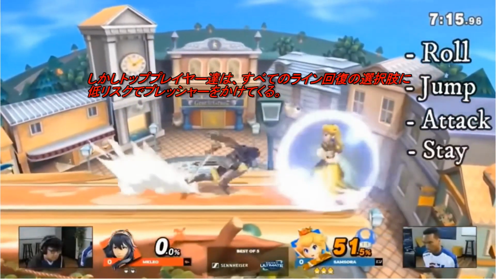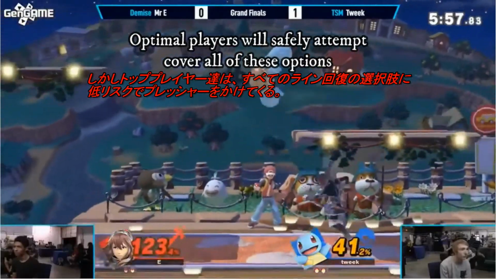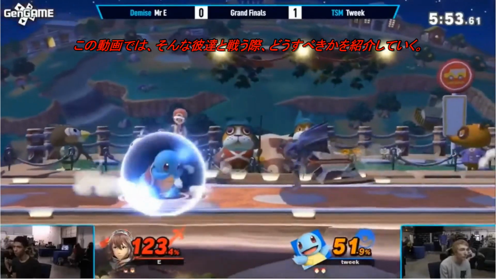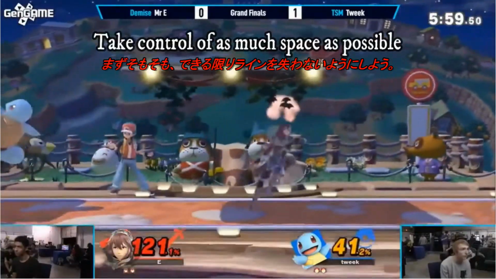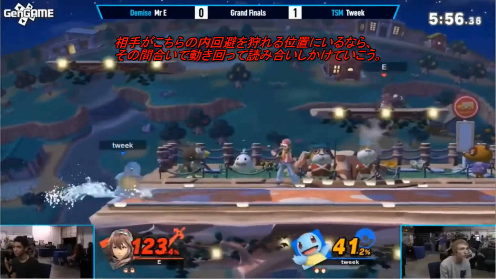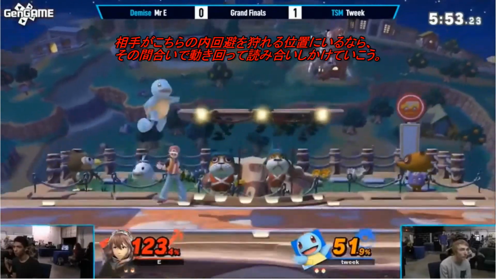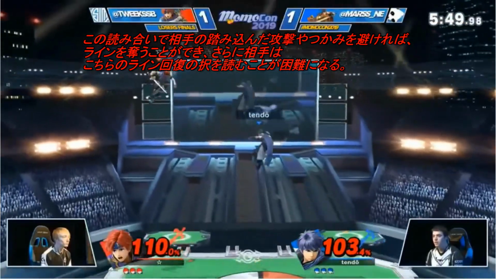However, now we know that optimal players will safely pressure all of these options without hard committing to a read very often. So in this video we're going to be looking at what to do versus high level opponents. The first important step is to take control of as much space as possible. We know your opponent is trying to space themselves at about roll distance, so take control of this space by moving around it. This will allow you to still outspace your opponent if they attempt an attack or grab, and